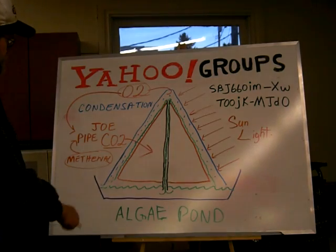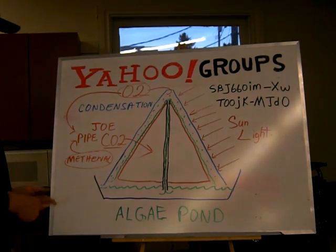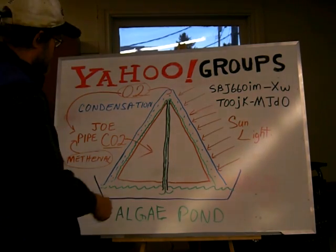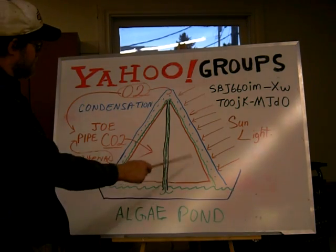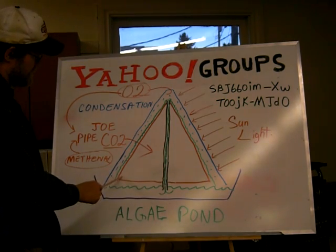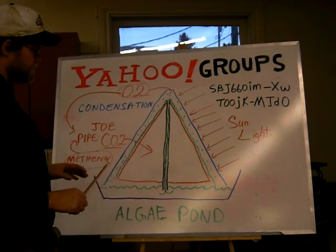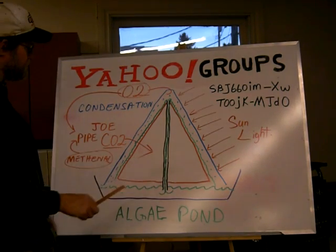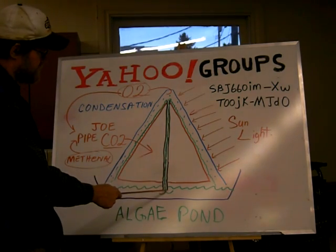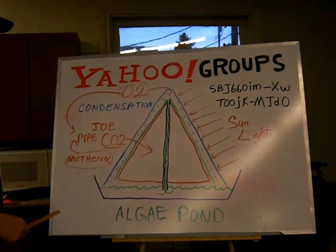You have your pyramid, and your pyramid is floating inside a big petri dish. You basically have water, you got algae growing on top of the water, and the orange here is a solid structure, just a shell, self-supporting, and the bottom part here could be like pontoons, right? So the whole pyramid floats on top of this pond, this algae pond. In the center, you got a pipe that pumps the algae from the bottom to the top. On the outside, you have your